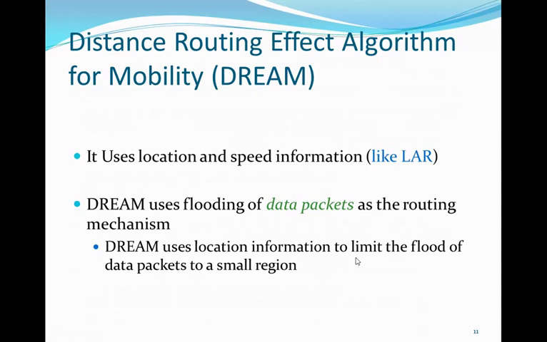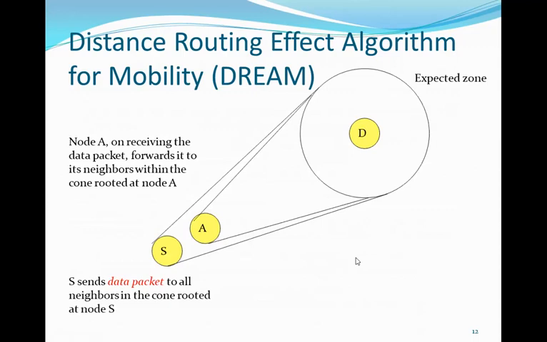So there is a possibility of exposing some confidential information of a node to some intermediate nodes. DREAM also uses the location information and limits the flood of data packets to a small region. Remember, this region is defined based on the speed and the direction of the destination node. Here in this diagram, you can see